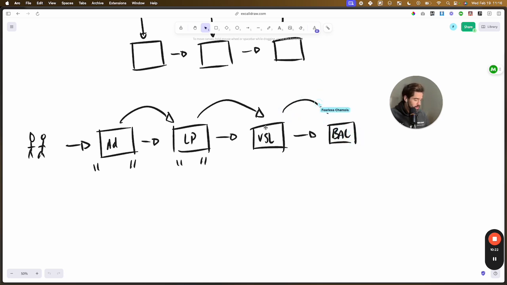It's got to be the same message as well. And then you have the sales call. That's got to be the same message as well. And if they don't book,